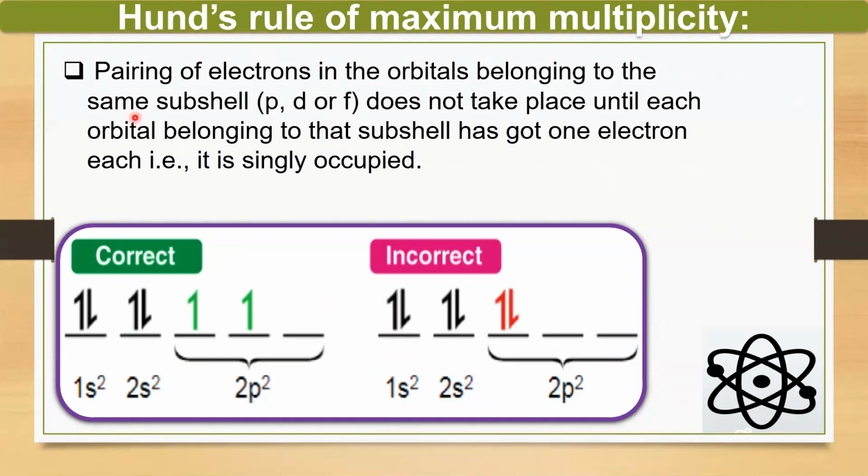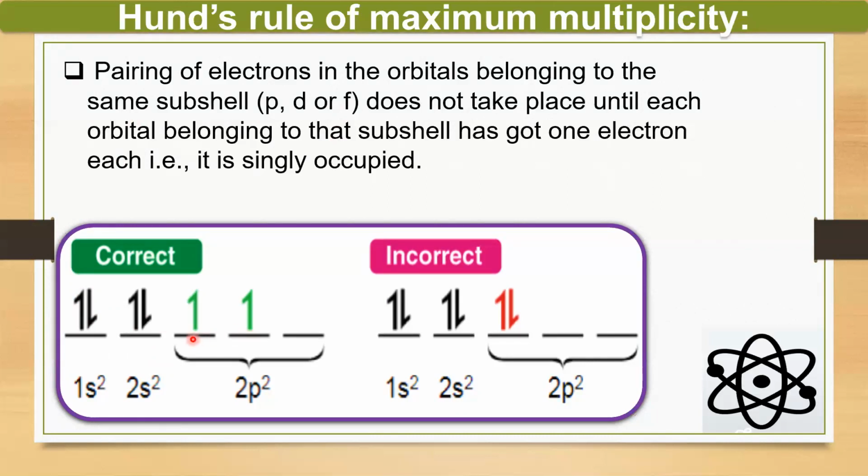So first of all, the electrons will enter into the 1s orbital, that is 2 electrons with the opposite spin as per Pauli's exclusion principle. Then it will enter into the 2s orbital with the help of Aufbau's principle, again with the opposite spin with the help of Pauli's exclusion principle. Here we have taken the example of carbon, which has atomic number 6, that is total 6 electrons, and still remaining 2 electrons.